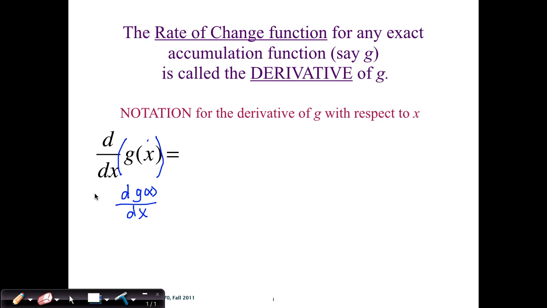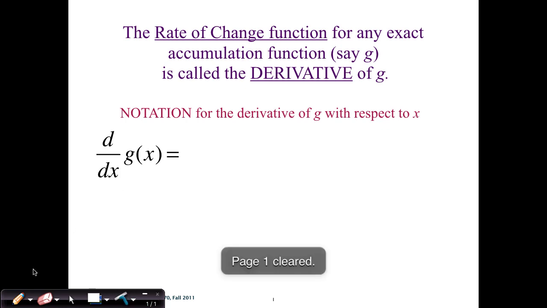Here's g of x, and then I'm going to take the derivative of that, where derivative is one specific known function called by that d over dx, as opposed to having h of g of x. This is d over dx of g of x. So take the derivative of g of x, where the derivative is done with respect to the independent variable. So for small changes in independent variable x, d over dx g of x gives me the rate of change. All right, so